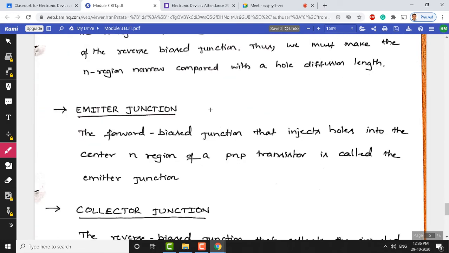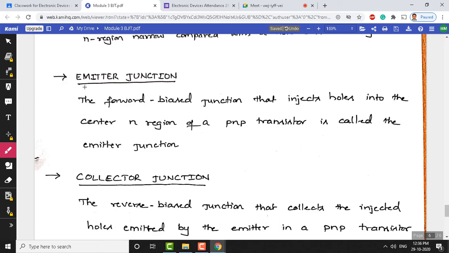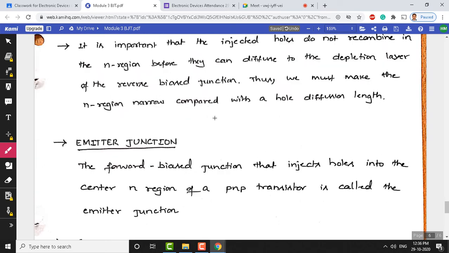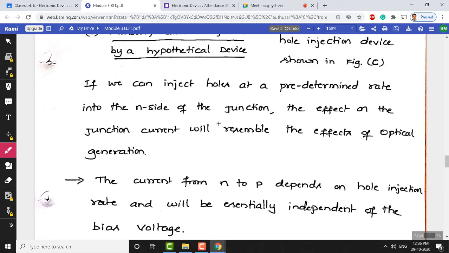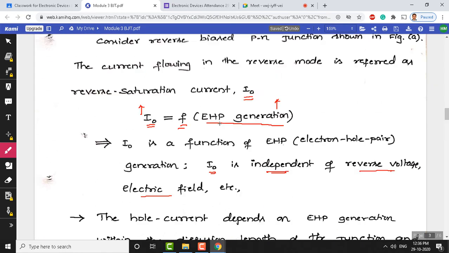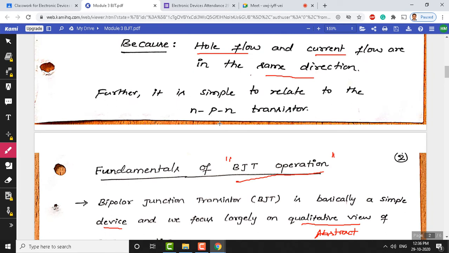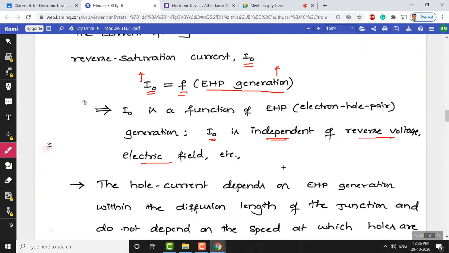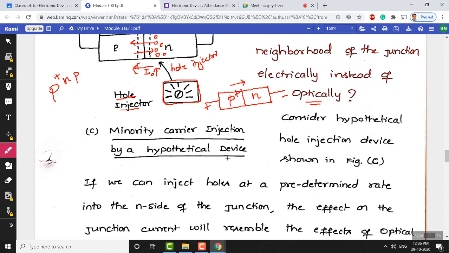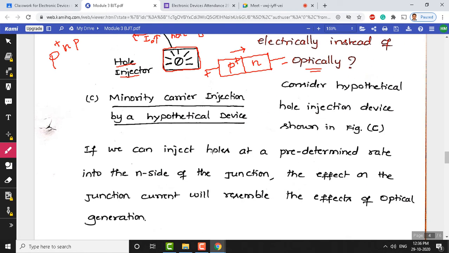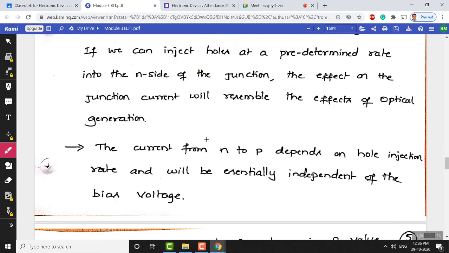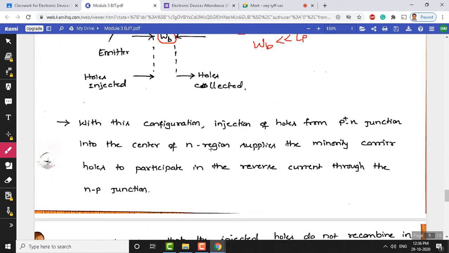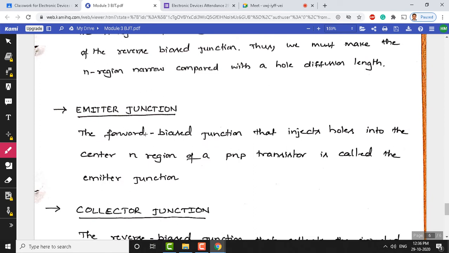Okay. Now, let us define the terminals here. As I told you, remember what topic we are discussing here. It is the fundamentals of BJT operations. We are not specific to any characteristics here. We are just discussing the basics of the BJT. If you have any questions, you can also ask. We are going to study thoroughly, go deeper and build a solid understanding of the BJT in this topic. Now, let us try to understand each of these terminals.